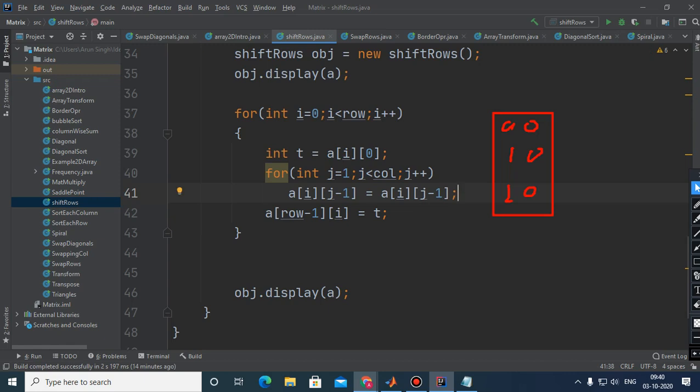No, it will work for all type of matrix. देखिए, the questions which are based on a square matrix are only when diagonals are involved. Okay. So here A of I col minus 1 will be T. So this is what we have done.